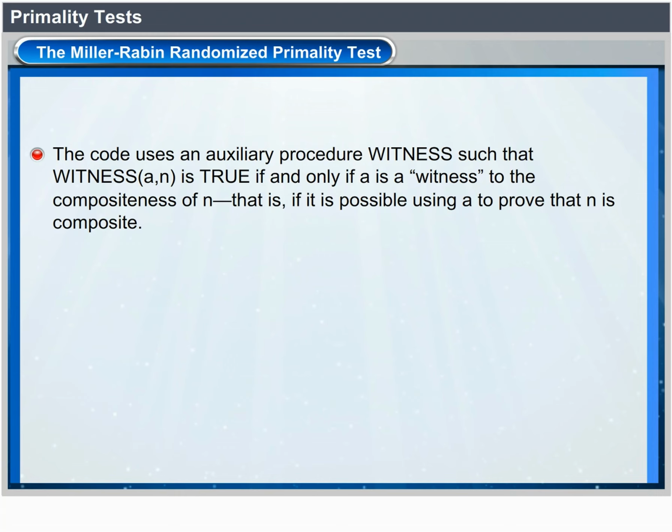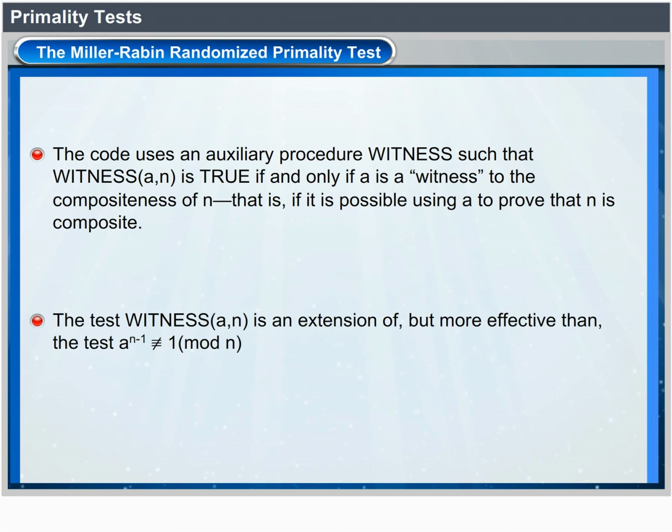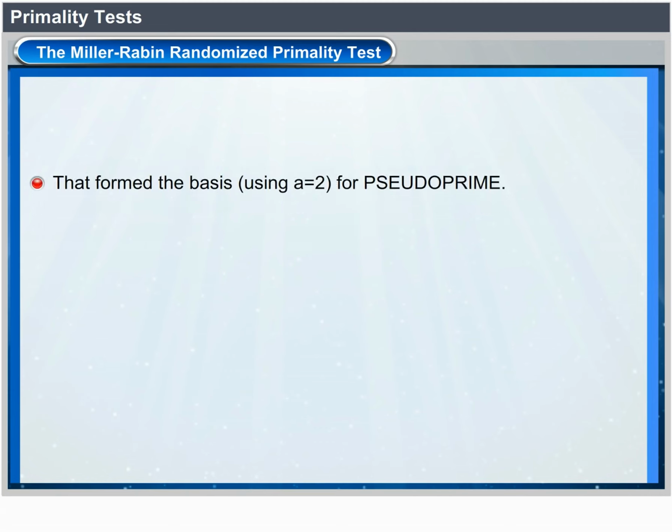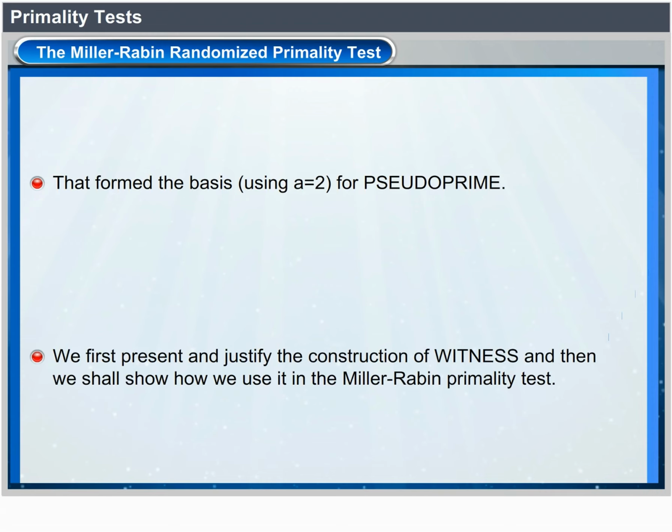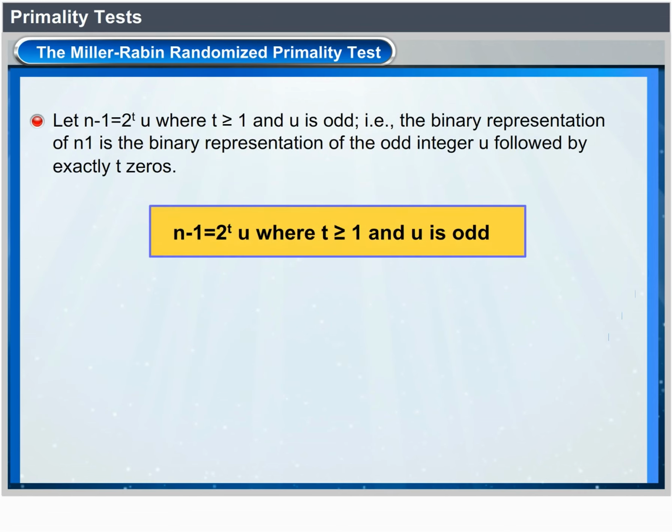The test witness(a, n) is an extension of but more effective than the test a^(n-1) ≢ 1 mod n that formed the basis, using a equals 2, for pseudoprime. We first present and justify the construction of witness, and then we shall show how we use it in the Miller-Rabin primality test. Let n-1 equals 2^t u, where t is greater than or equal to 1